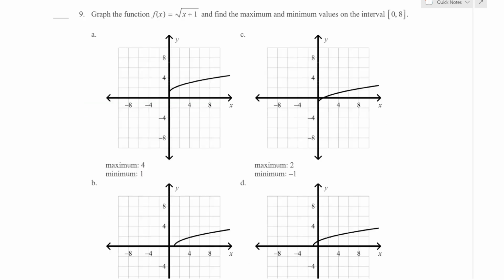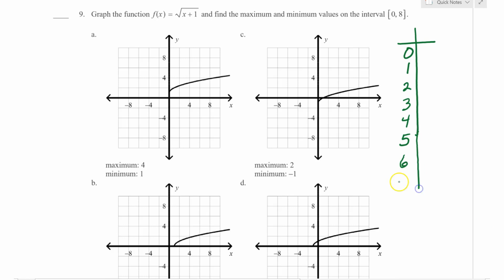Number 9, graph the function f of x equals the square root of x plus 1 and find the max and find the min on the interval. 0, 1, 2, 3, 4, 5, 6, 7, 8. So you have x and you have 0, so it's going to be